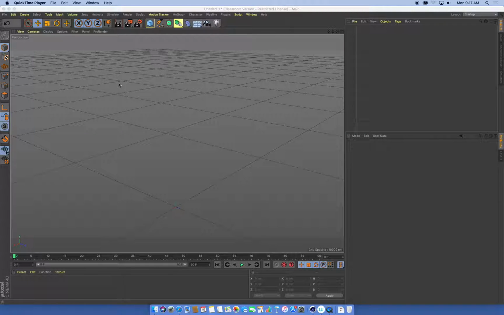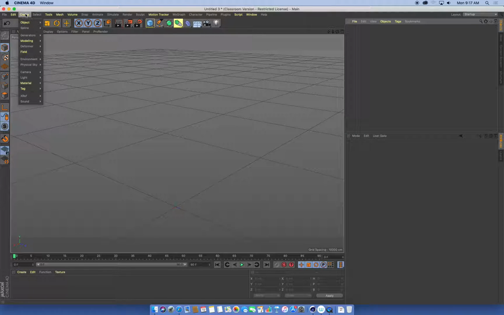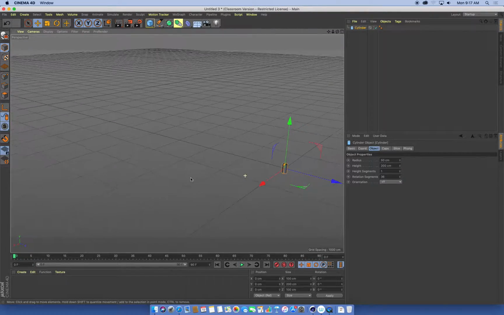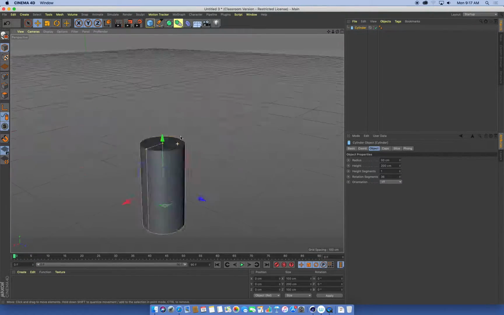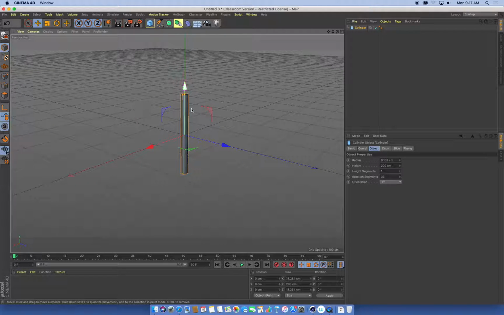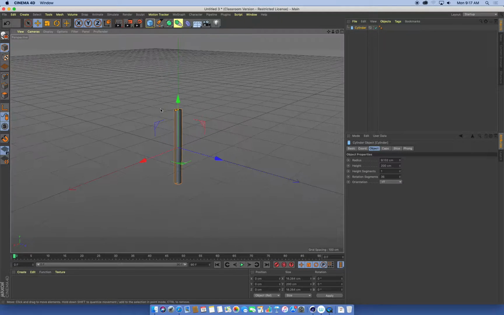So let's make a tree for a start. So this is super basic. This is just an example, and our tree is going to be a very, very simple shape. And I'm going to make it out of a cylinder for the trunk. Oops, here's my cylinder. Let's make that a little bit thinner. There's my tree trunk. And I'm just going to make a sphere to sit on top of this to make